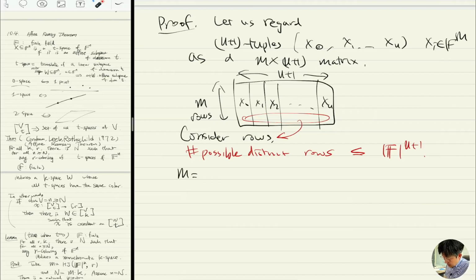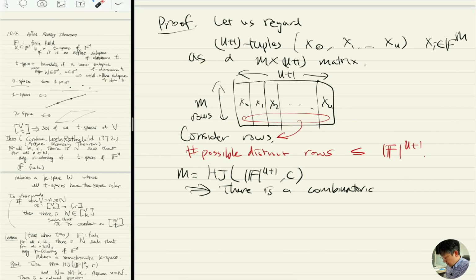So since M is this Herzog number of F to the U plus 1 and C, we deduce that there is a combinatorial line L described by a row,